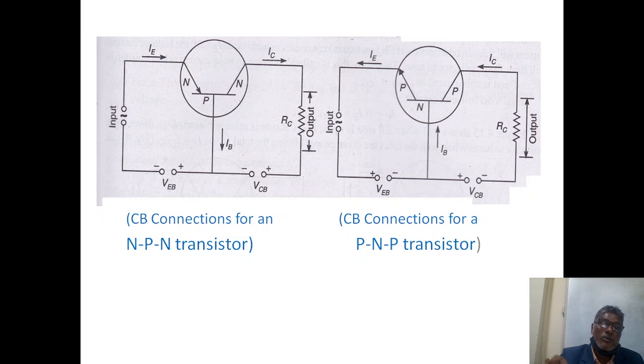I have already told you. And see in the figure, the collector, which is N, is connected with the positive side of the external source, and the base is negative. So it is in reverse bias. A similar case applies to the PNP transistor, where you will see the connection of a PNP transistor in the CB connection. This is how the transistor is connected by using the CB method, or common base method, or grounded base method, to operate a transistor whenever it is connected in the circuit.